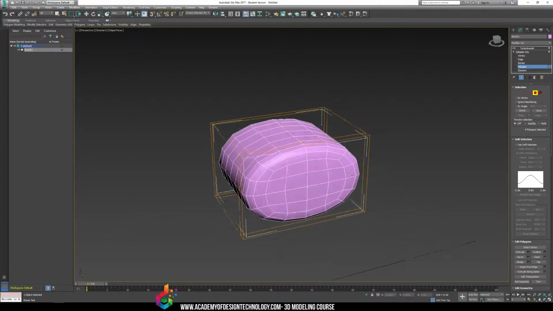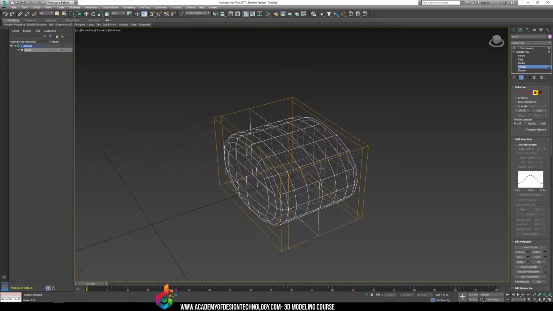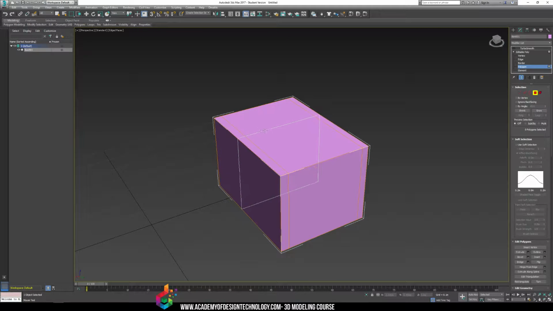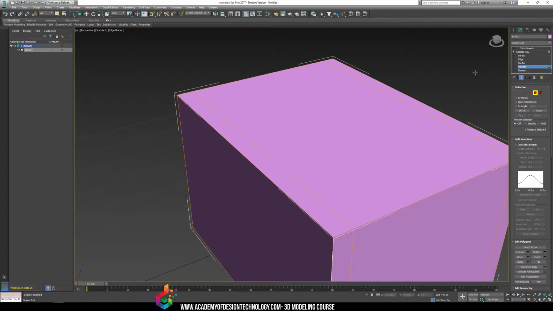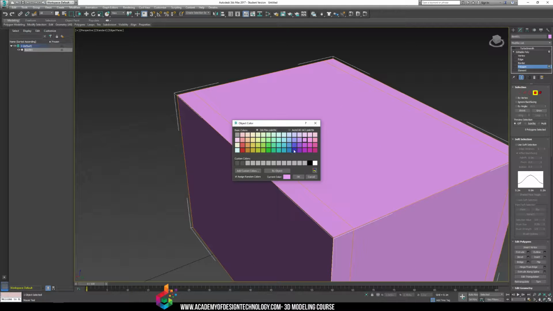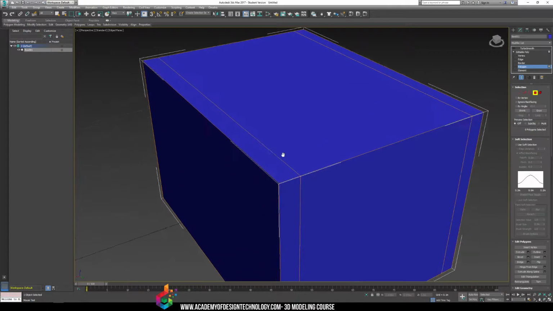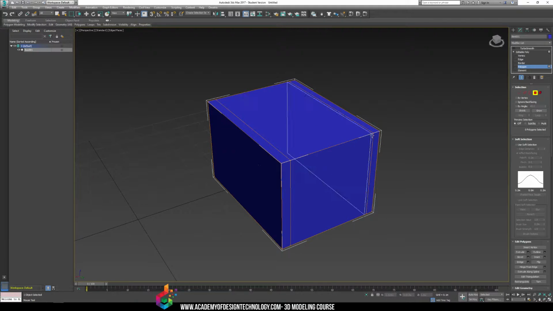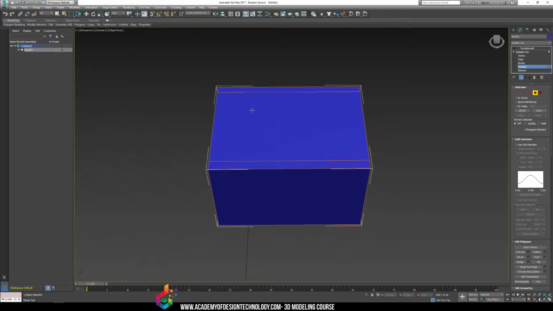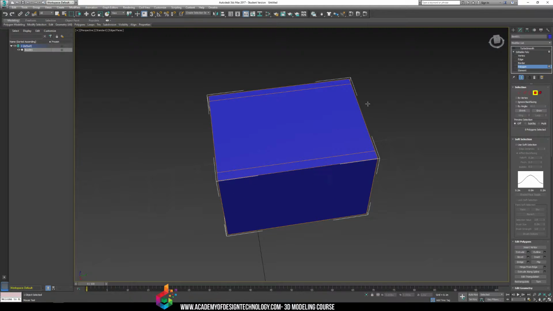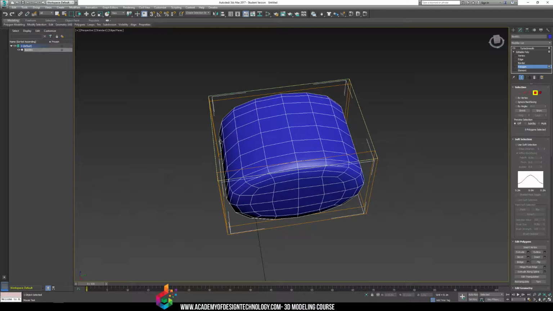So see that cylinder shape? Because we have these 2 edge loops now in our model, I'll make this a different color so you can see it a little bit more clear. Because we have these 2 new edge loops in our model, here and here, we're getting a much cleaner shape of our 3D model. So if I go to Turbo Smooth and the vial's still on